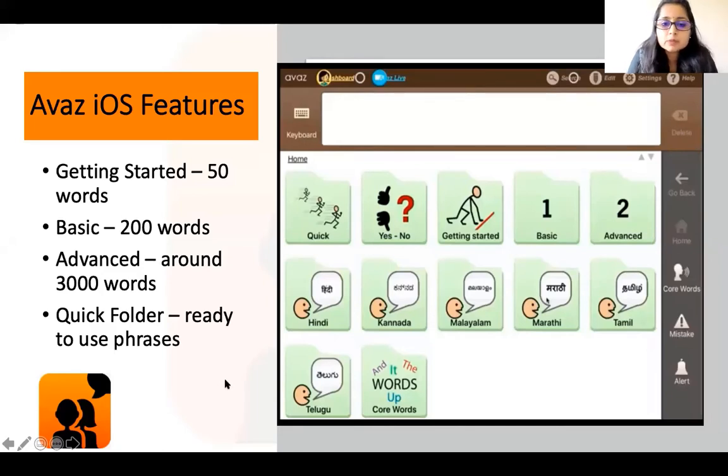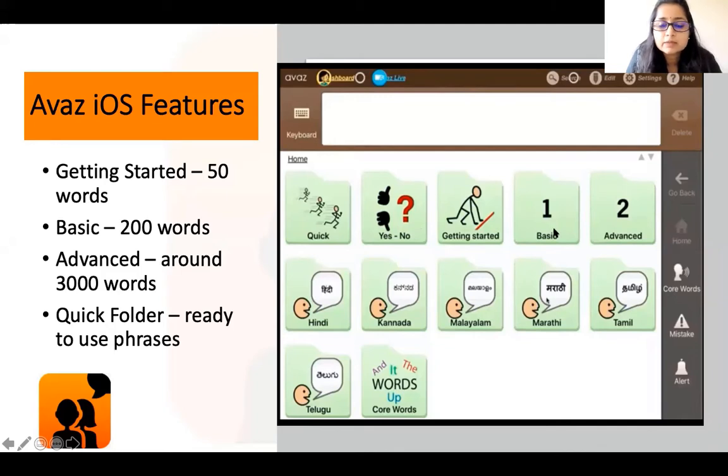So on the iOS version, we have getting started, basic, and advanced. We have these 3 graded levels of vocabulary. To give you a picture of how it varies, getting started has 50 words.